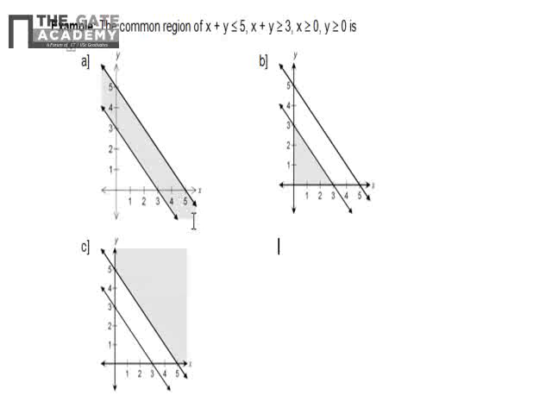Okay. Suppose in this question it is given x plus y greater than or equal to 5, that means the shaded region will be above this line, and it is given x plus y less than or equal to 3, that means the shaded region will be below this line. Hence we cannot find a common shaded region for both the lines. That means there will be no solution. But in this case there is a solution, and the solution will be any point in this shaded region.